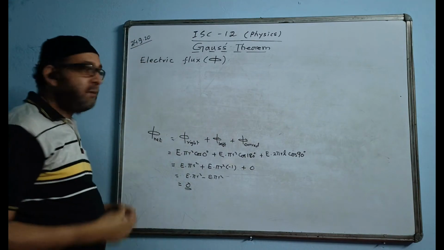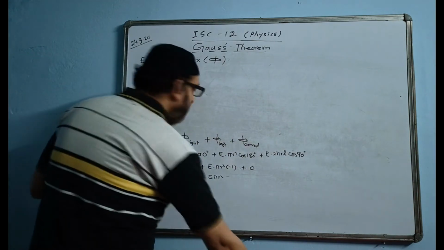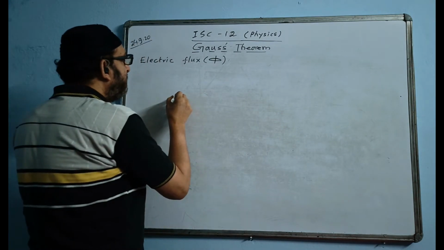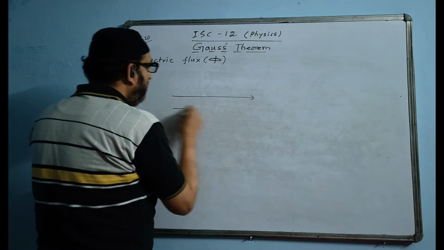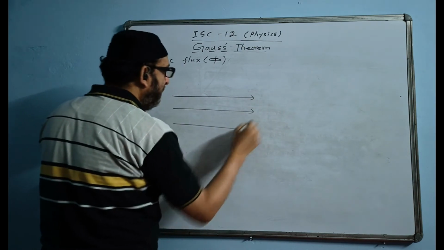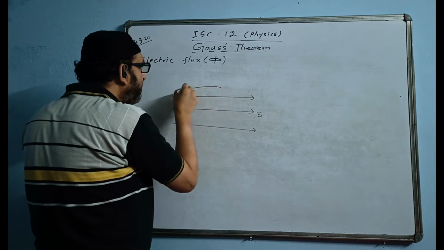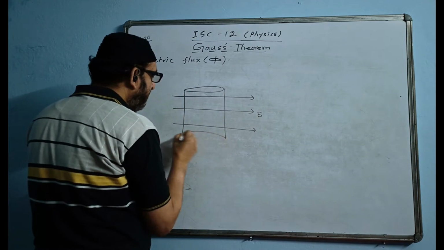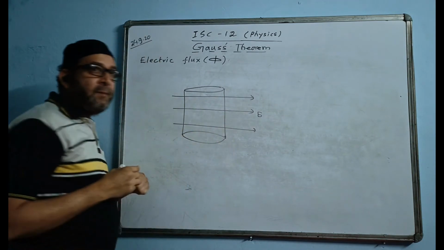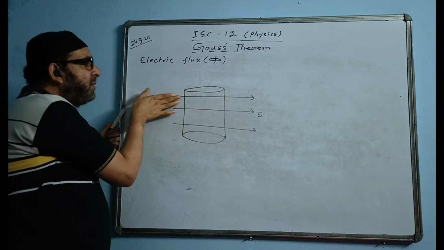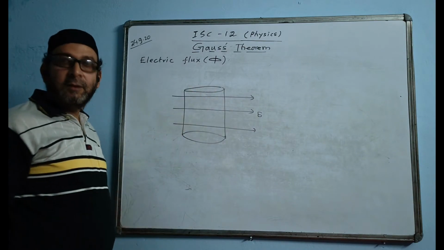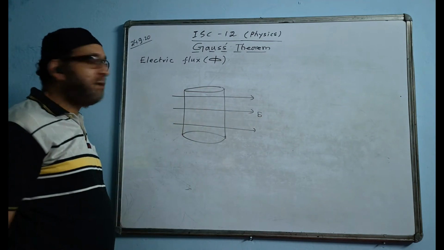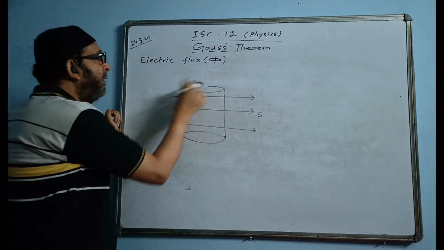Next one is, suppose I will just show you one more case. You can just have a look at it. Like this, electric field is given. Now the cylinder is shown like this. This is the hollow cylinder, a very thin cylinder. It is very thin, that's why the lines of force are able to penetrate through it. Normally it does not go inside, but this is a very thin cylinder, so we are assuming that it is able to penetrate through this cylinder.